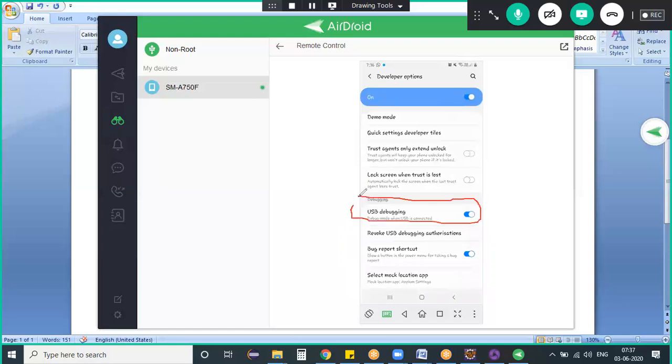USB debugging. By default, this is in an off mode, like this. By default, the USB debugging mode is in an off mode. You need to enable it like this. Whenever you enable the USB